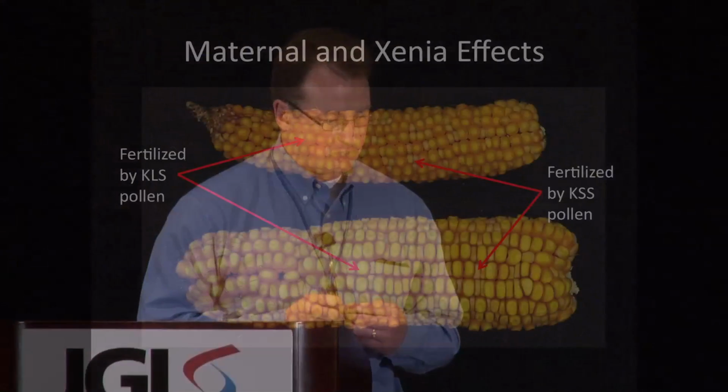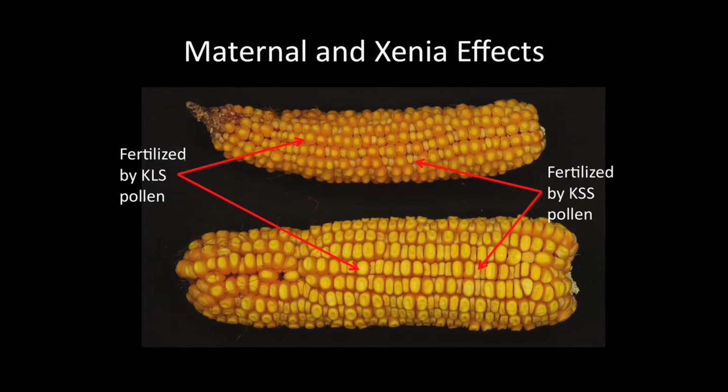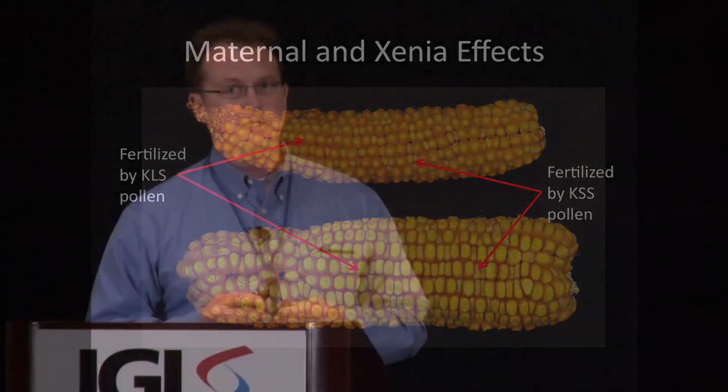There's a dramatic difference in the seeds that receive the large seeded and small seeded pollen on both the large and the small ear. In addition, even though there is this large effect, the largest seeds on the small seeded ear are still substantially smaller than the largest seeds on the large seeded ear. And that difference between the seed weights, there's various models, but is attributed to a maternal effect.